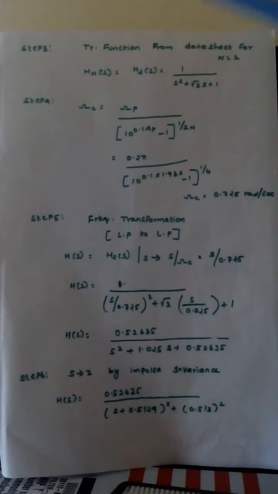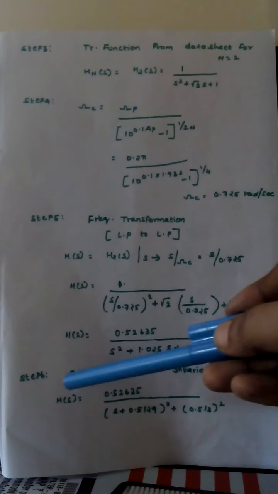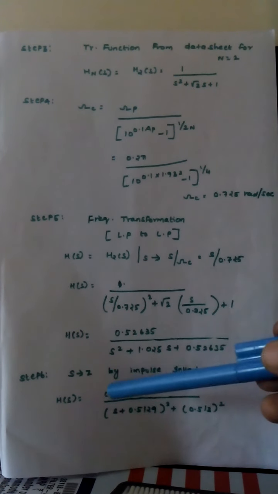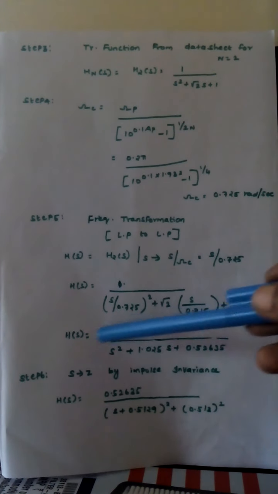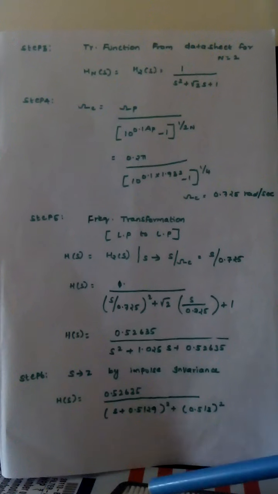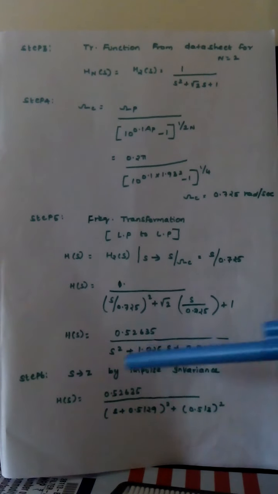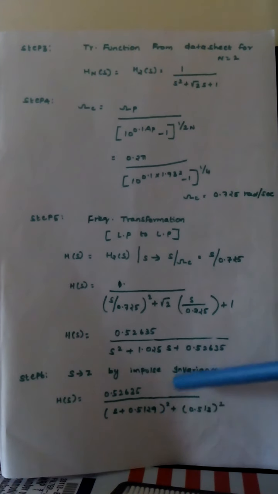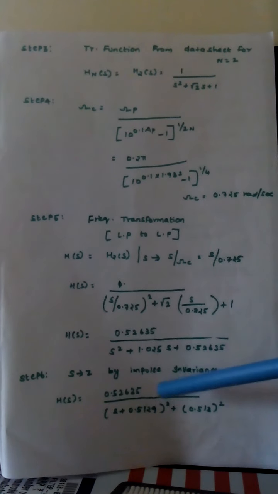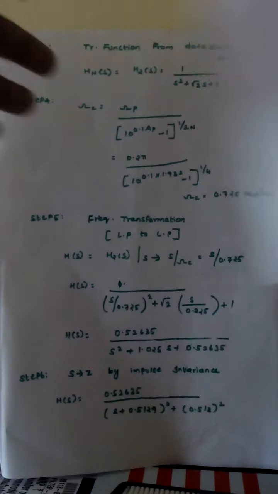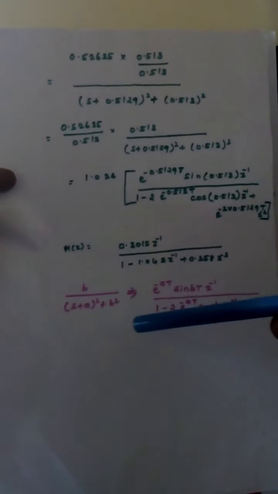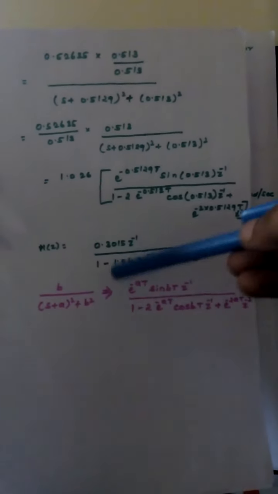Now again we have to convert into a digital filter, so S will be converted into Z. Here you have to apply the impulse invariant method. This is the transfer function we got, and for this one we cannot directly write it down, so we have to bring it into one of the standard forms. Here it is B divided by (S plus A) the whole square plus B square. So we can use this formula, and directly we can convert the S domain into the Z domain.